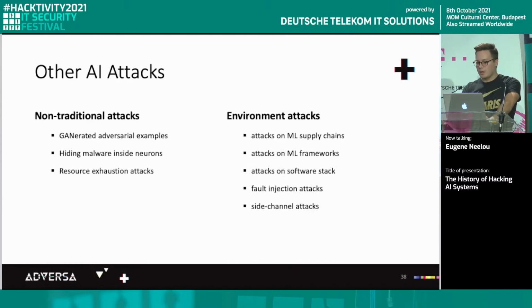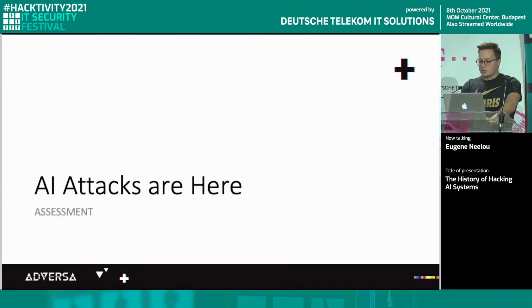Some other types might be quite familiar to people from the traditional cybersecurity field. These attacks include exploitation of vulnerabilities in third-party libraries, as machine learning frameworks may have their own vulnerabilities. And there's a growing number of side-channel and fault injection attacks. So some of these attacks from research papers may look too futuristic or not relevant for the day-to-day operation of AI companies. And my main point here is that